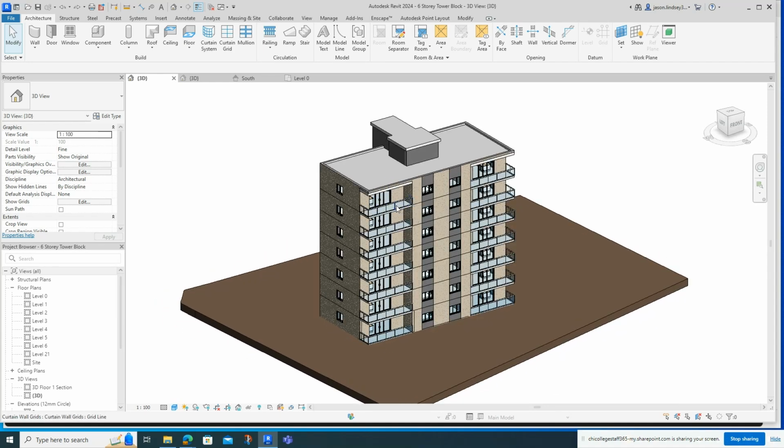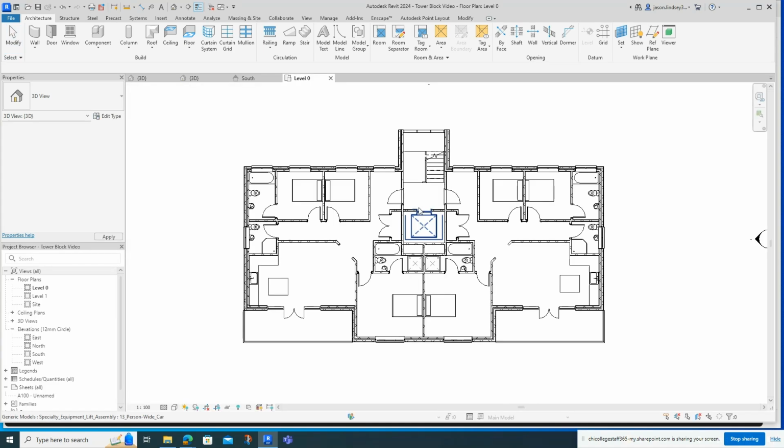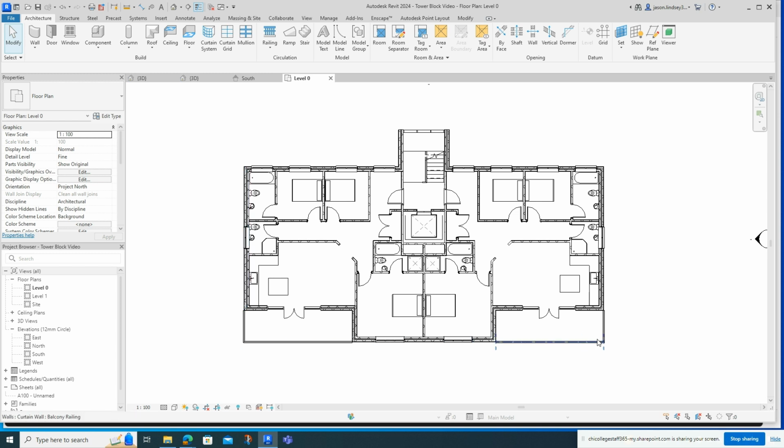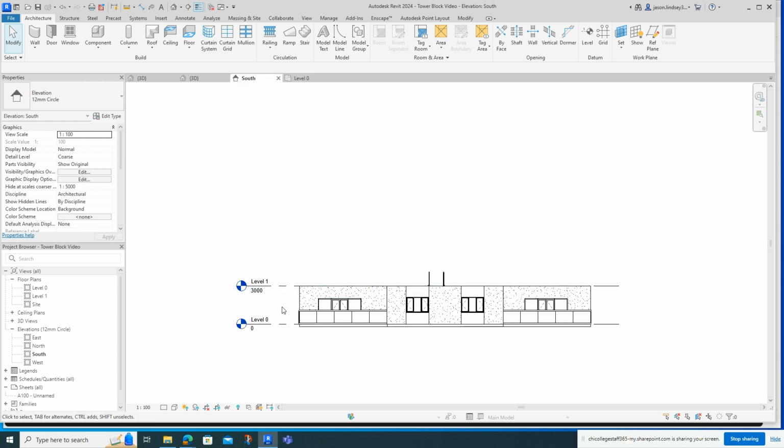So the way we're going to do this is, first of all, draw out your floor plan. And this is going to be the same for each floor going up. So there's a lot of repetition, so we draw it once rather than keep drawing everything more than one time. When we look at the front elevation, we can see I've set a story height of 3 meters for each